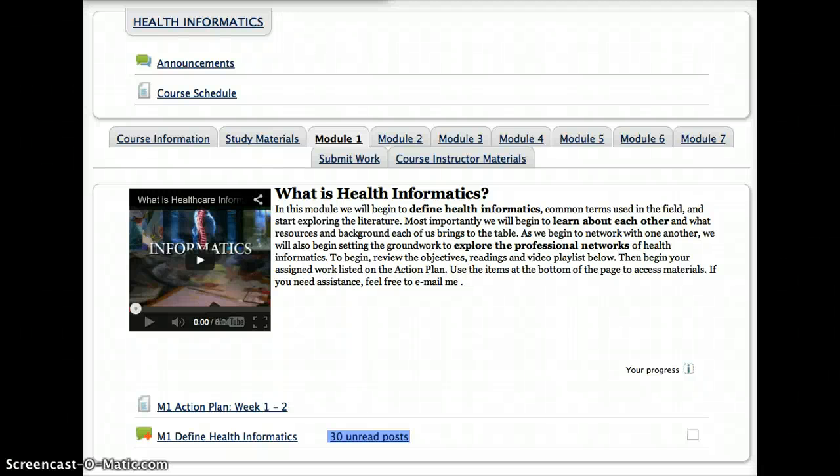All right, so we're moving from Module 1 to Module 2, and I wanted to explain a few things before we get much farther into the course. First of all, I want to explain a bit about why we're in LinkedIn. Initially, you may have thought it was just for fun, and it is, of course, but the real reason I want you to experience LinkedIn is to get you out into the professional realm and the real world of health informatics. If you don't already have a LinkedIn account, this gives you a chance to create one and start building